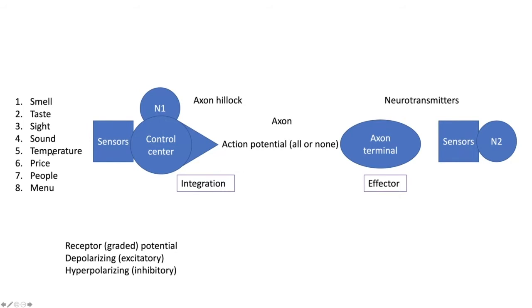But let's say we don't like the temperature. Now it's half and half. Probably we are not going to stay in that place. Maybe we are going to look for another place. And if we even don't like the smell of the place, if this smells like rotten food, of course, we are not going to stay in that place. So the control center, the axon hillock of the neuron, will take all of the information that it is receiving from different neurons, and it's going to add and subtract the factors.